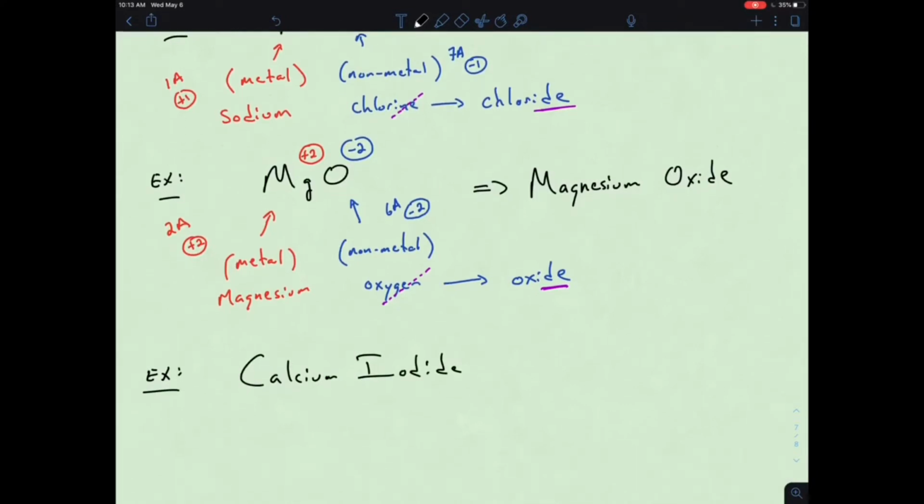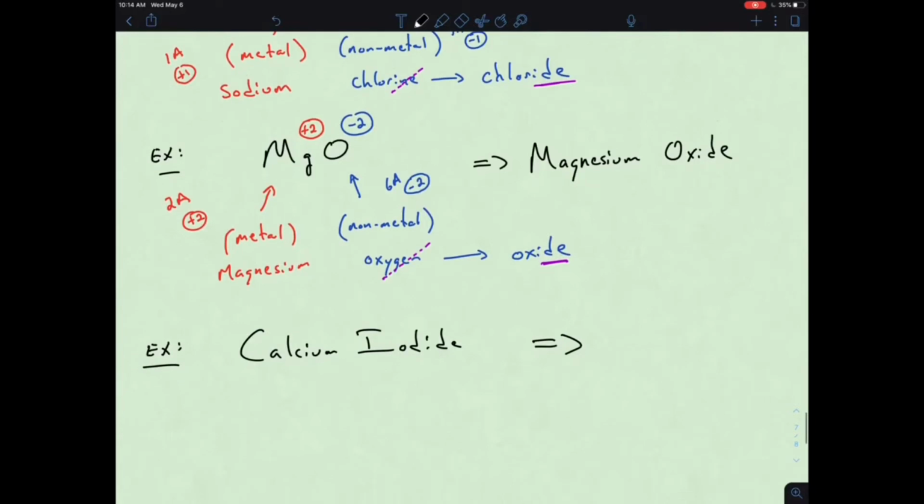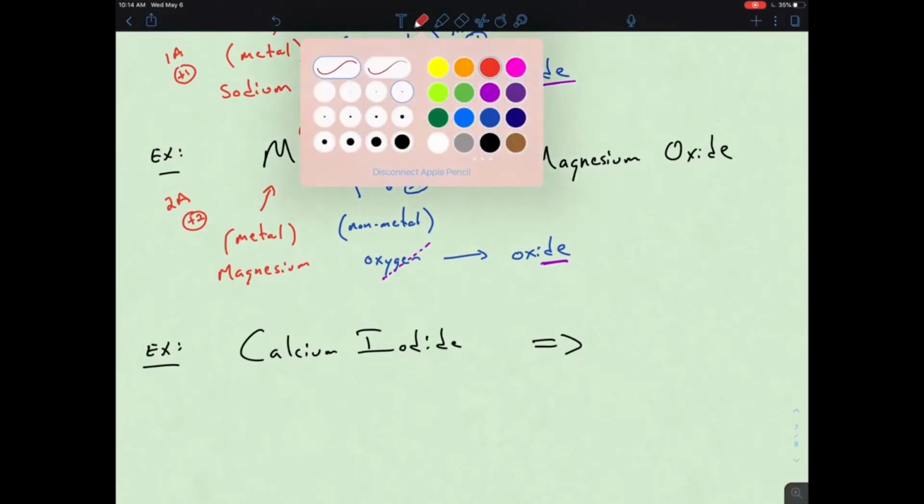Calcium iodide, right? What is calcium iodide in terms of its actual formula? We should be able to go both directions. If we know the formula, we get to the name. If we know the name, we get to the actual formula. So here we have still the same kind of setup,